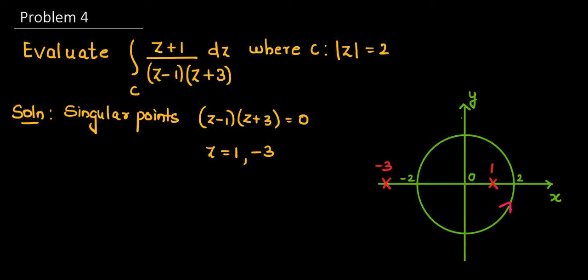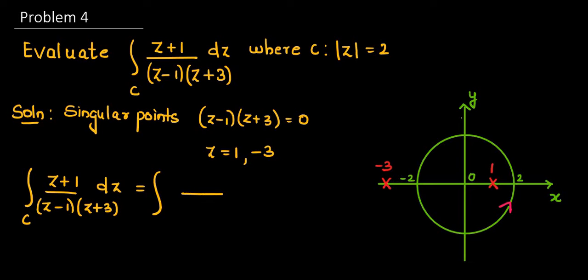Now you may observe that only one singular point lies inside the circle, the other one lies outside the circle. So there is no need of partial fractions if you encounter only one singular point inside the circle. You can simply rearrange the given question. So this is our question. Rearrange the question in such a way that the denominator contains only the factor where the point lies inside the circle. So here Z equal to 1 lies inside the circle.